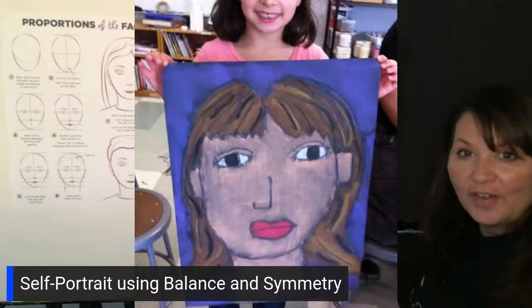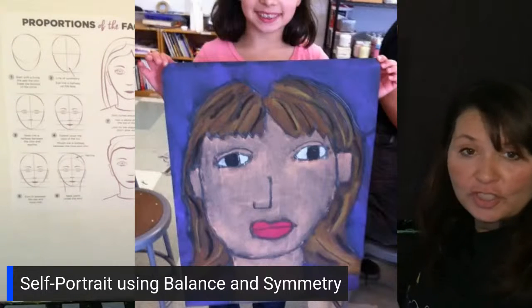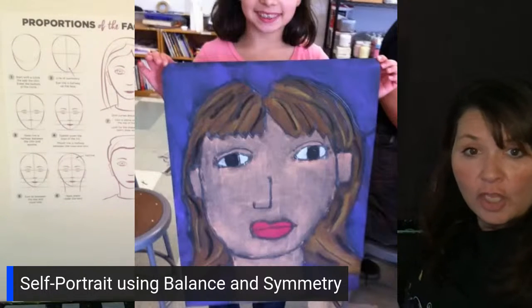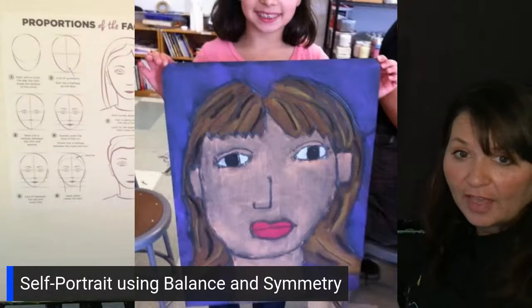Look at that one. Very nice. Is it perfect? No. So again, her nose, I love the way she did her nose. So I would still consider that a great self-portrait. So if you want to create a nose like that,